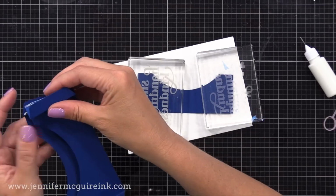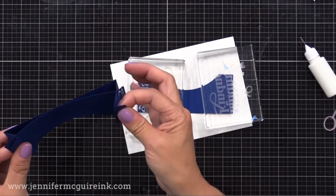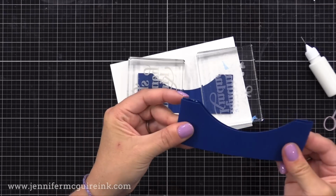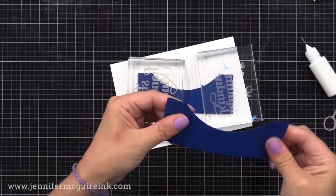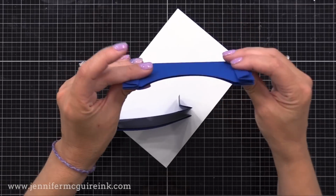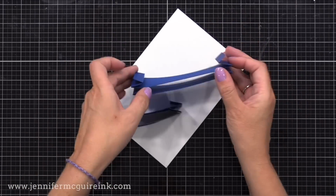Liquid adhesive along the 2 flaps. Take the other element, lay it right on top, press it all down together, line it up along the edges, and then put something heavy on it while it dries. Once those are dry, you can see our 2 pop-up elements that'll go on the top and the bottom of